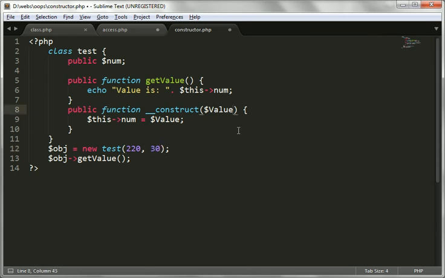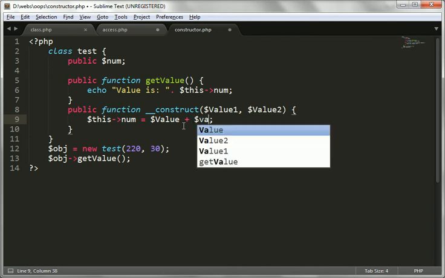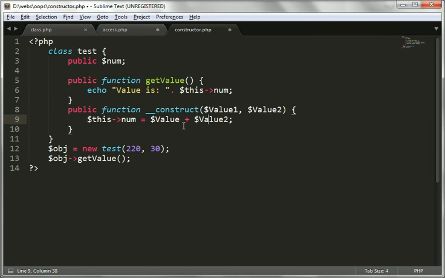So here we can use dollar value 2, and we can store the addition of these two values into num, like this: dollar value 1 plus dollar value 2.